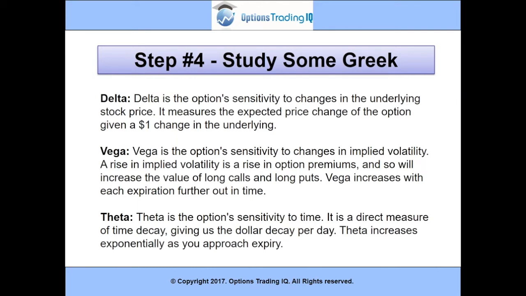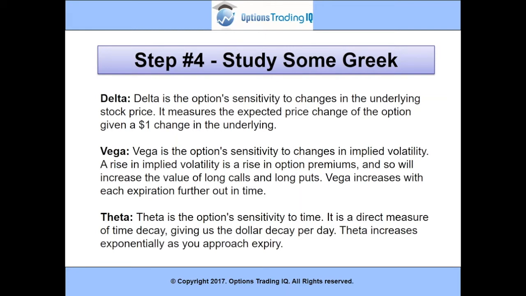So you're going to be making money as time passes. You're kind of selling insurance, I guess, is one way to look at it, against a big price move. Now, if you've got a theta of 100, that means roughly you're going to make $100 per day due to time decay, assuming there's no other change in the stock price, volatility, that sort of thing. But purely looking at the theta, if your theta is 100, you're going to make $100 a day in time